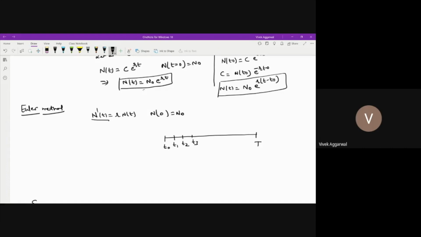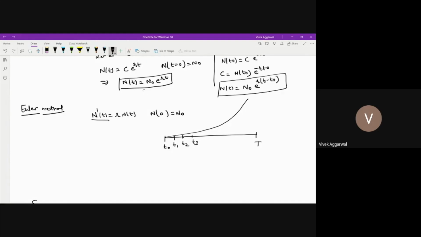In that case, I want to find out how the solution will look like at the points t0, t1, t2, t3. So these are all the values I'm finding at discrete times. If you plot this function, then this may be something like an exponential function.